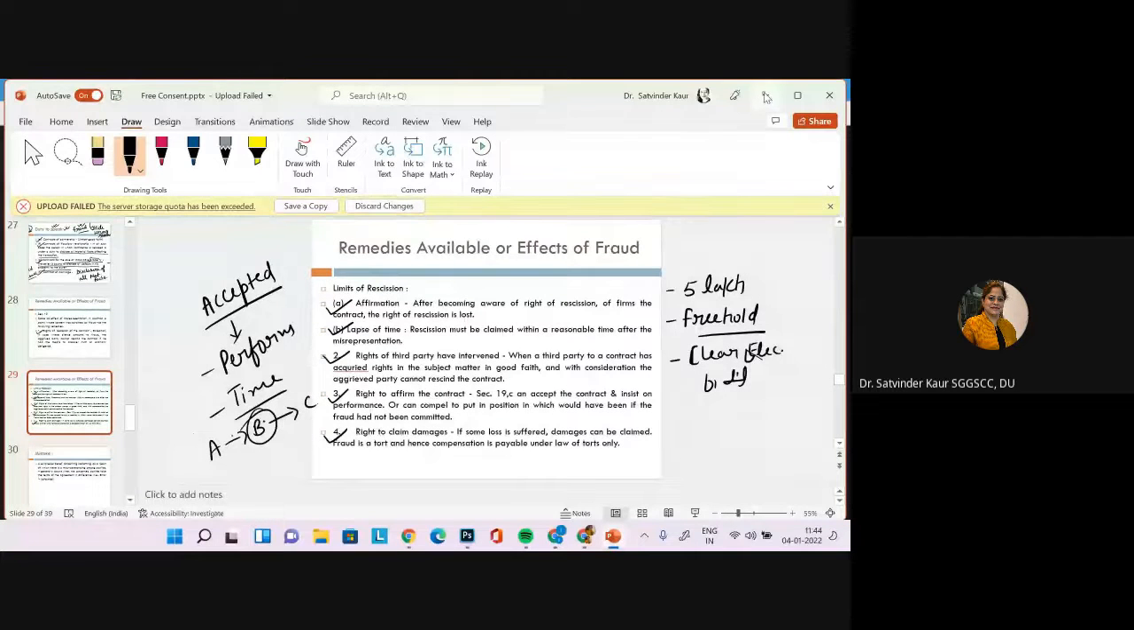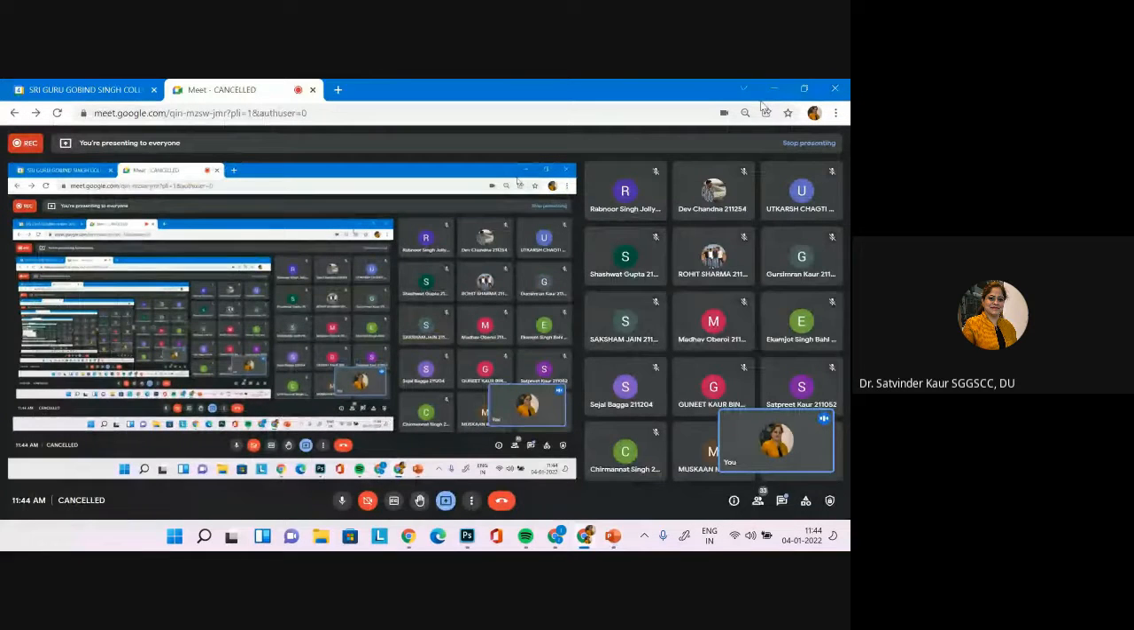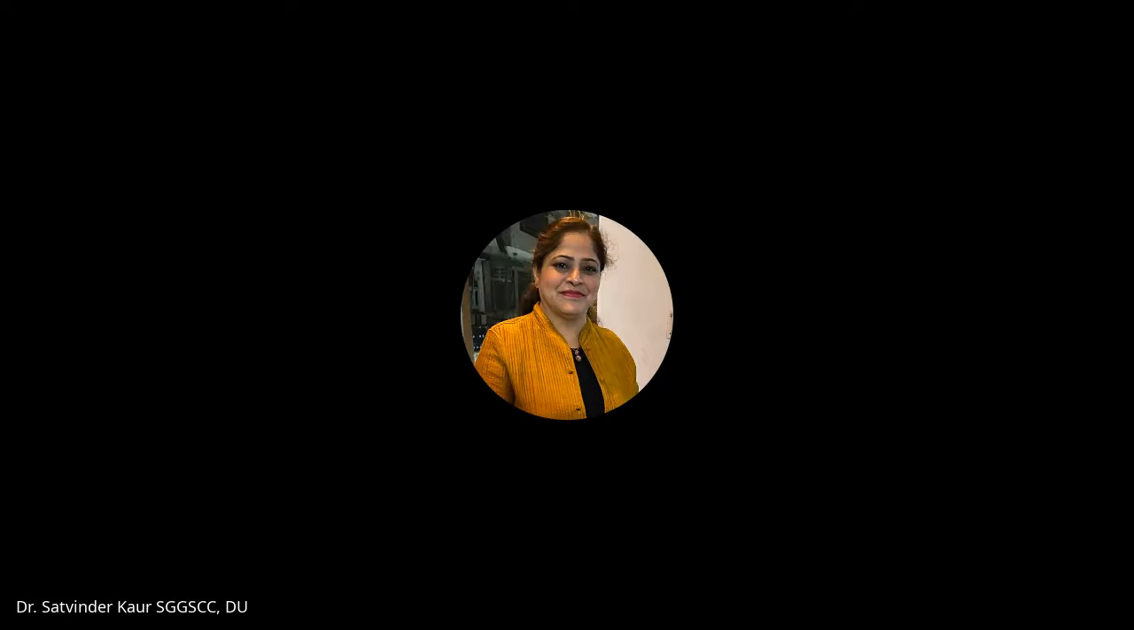So these are all the remedies. We will discuss when we discuss misrepresentation. So these remedies we are going to discuss in detail again. And if you have any queries, we can discuss. And fraud misrepresentation में बहुत ज़्यादा difference